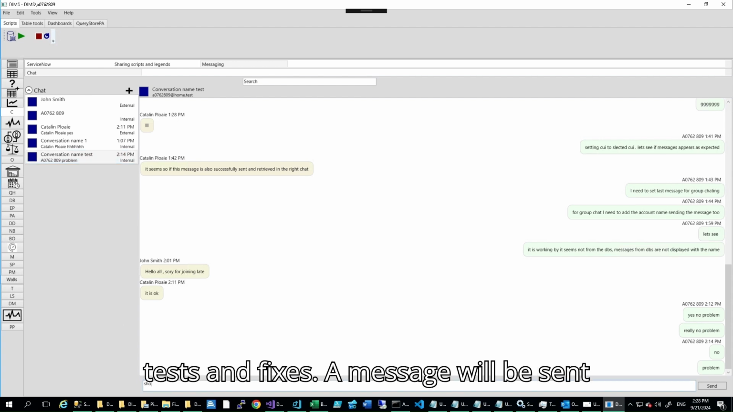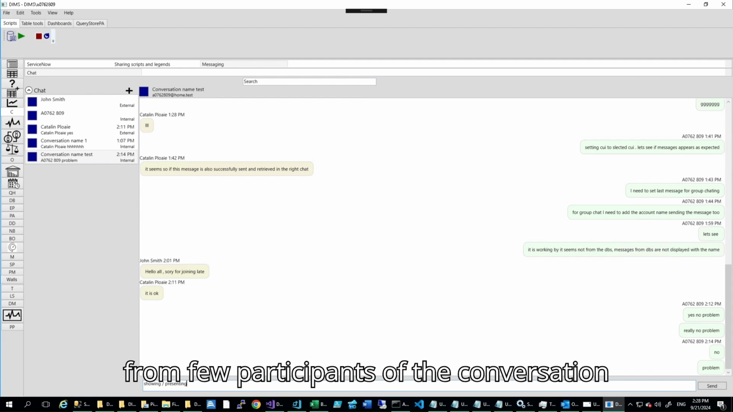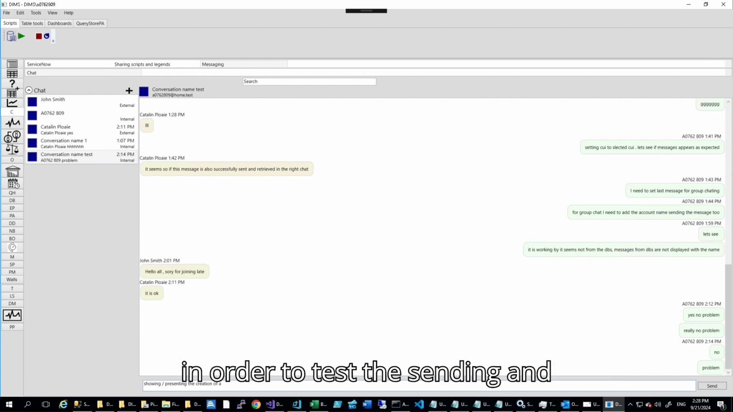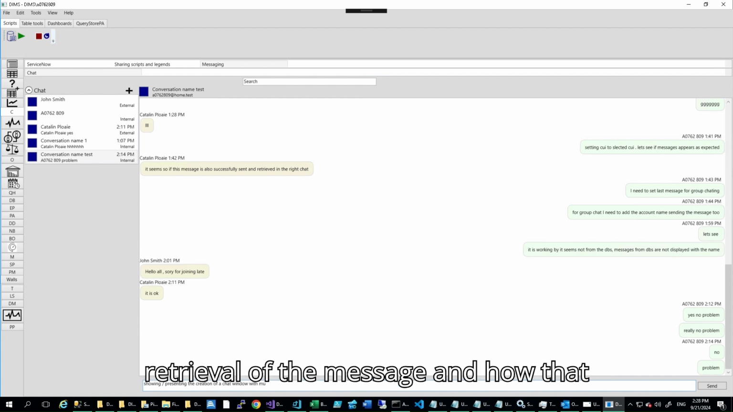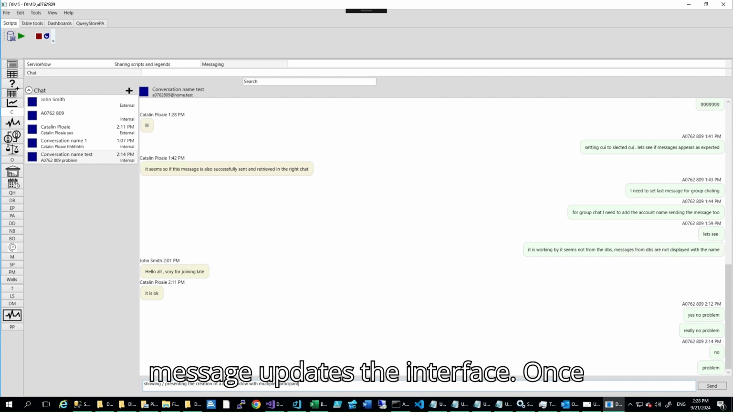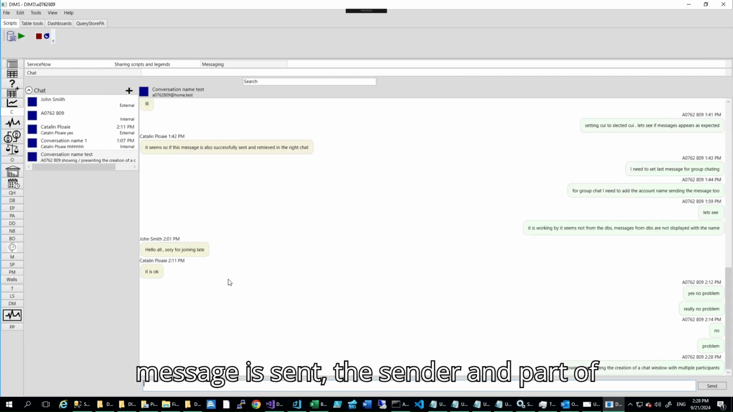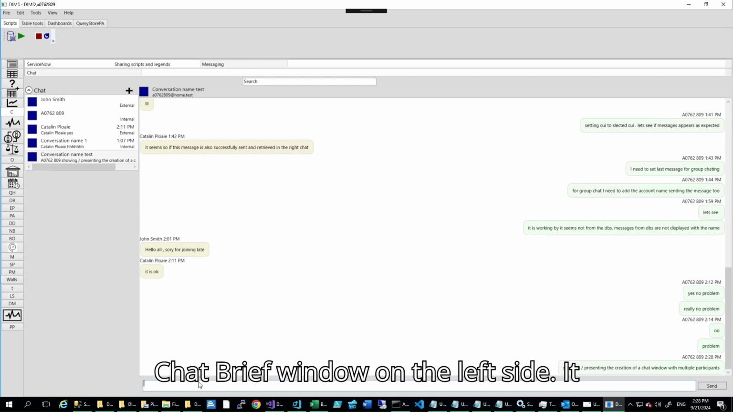A message will be sent from a few participants of the conversation in order to test the sending and retrieval of the message and how that message updates the interface. Once a message is sent, the sender and part of the message should be displayed in the chat brief window on